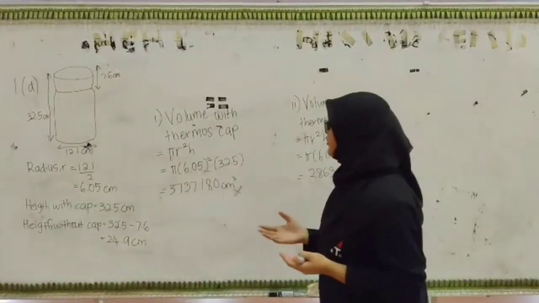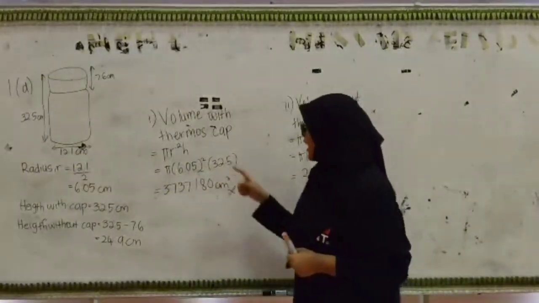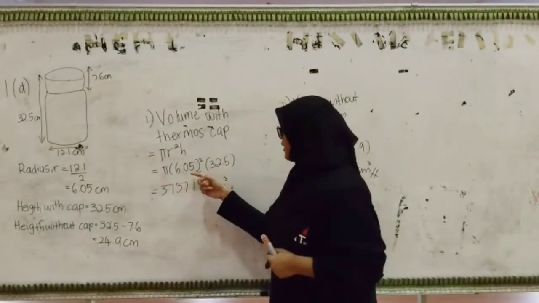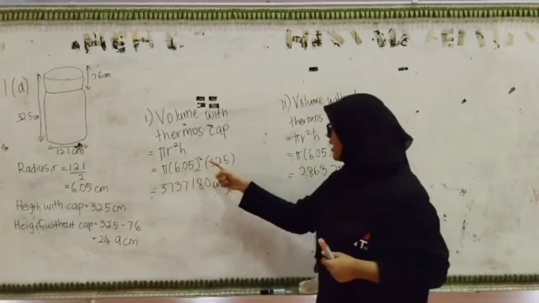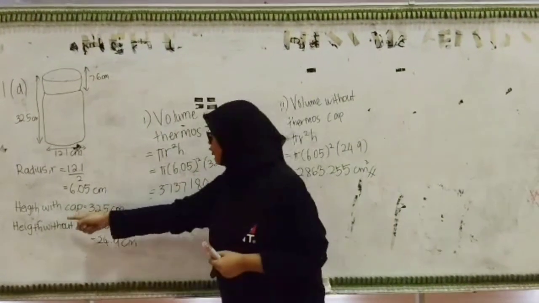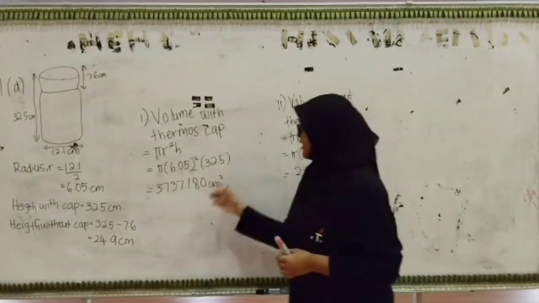For the first question, they ask for the volume with the thermos cap. The volume formula is pi r squared h, which is the cylinder formula, and we need to substitute the value of r, which is 6.05 squared, times the height with the cap, which is 32.5 cm, and we get